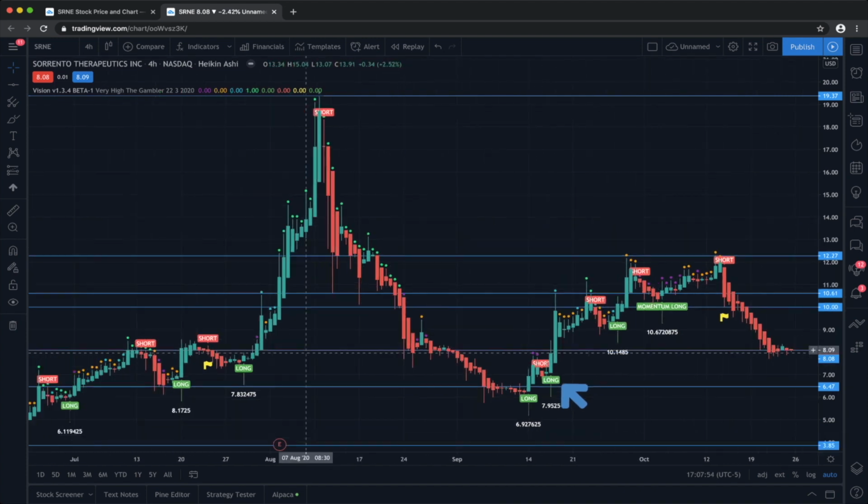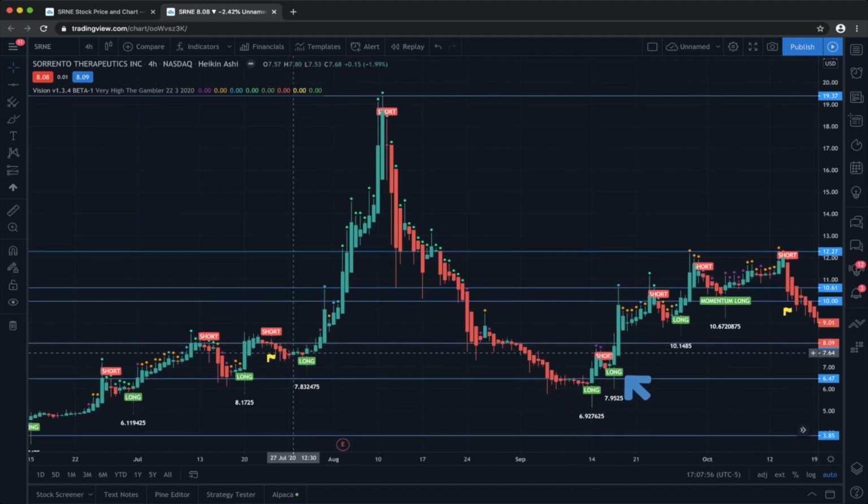Same thing, if we go back to the chart, we see that it started to break through this resistance right here on this big push from, let's just say $8, close, getting up there to 20 bucks. And you see the Vision told you to go long here. It broke through that resistance, kept breaking these resistance points. And if you see this candle